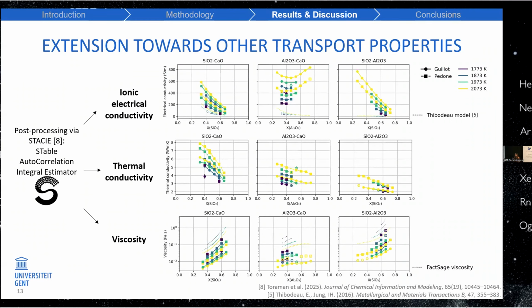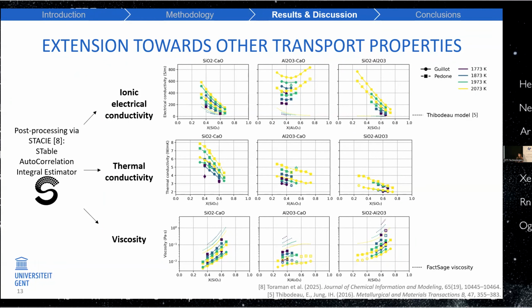So here I can show you some preliminary results. We're still in the stage of benchmarking our force fields, but at least for the binary systems, we are trying to see what trends we can see. They're still to be optimized, but what we are ultimately working towards is to also provide the structure property models for these other systems as well.